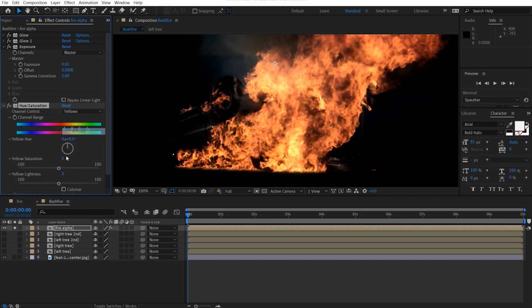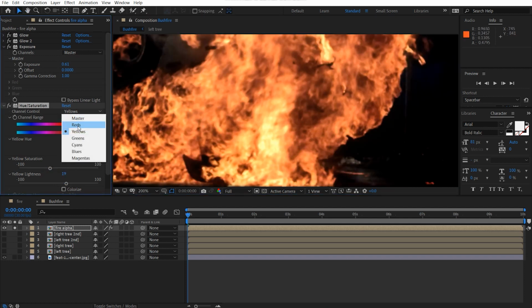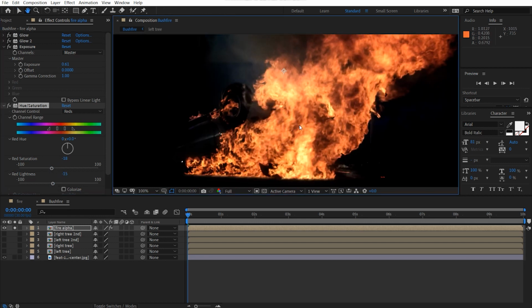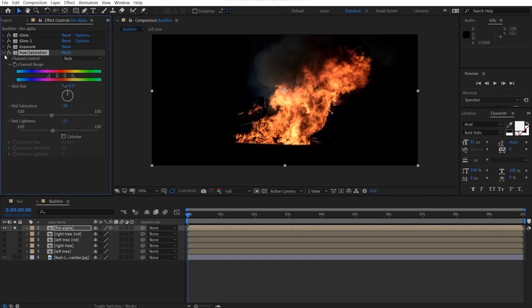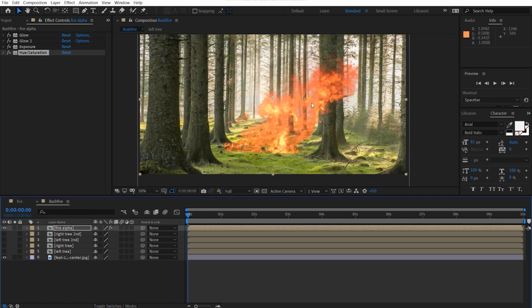And then we'll go into the yellows and bring that down and bring that up, so it's almost like white instead of more on the reddish side, but we can fix the reds. So I just want to bring that up a bit, just tweak that a bit. Okay, so that's looking pretty good. Alright, so now that we have our file, we can go ahead and start